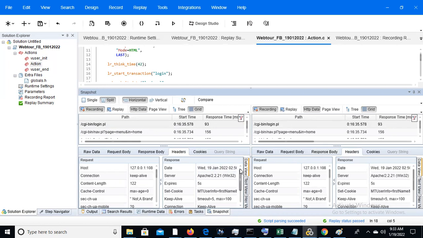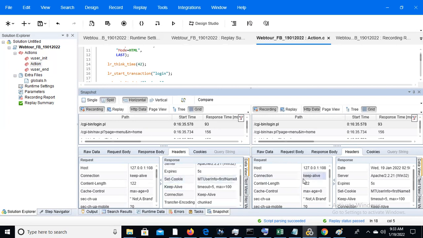Maybe sometimes we have done the correlation correctly and the parameterization correctly, but sometimes we are unable to capture the dynamic values. We suffer an error such as 500 internal server error. Why are we getting this error? For example, a header like set cookie will be there here, but maybe it is not there here. Assume. So because